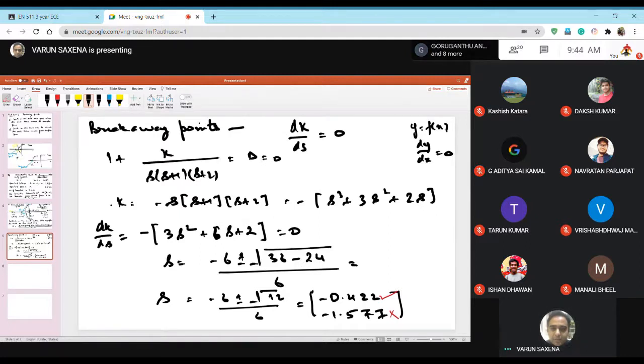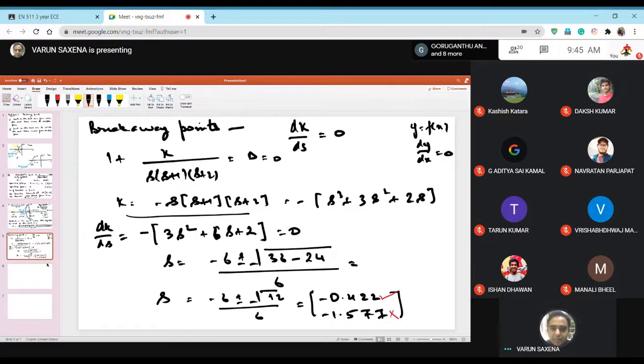So it should be just substituting -0.422 in this equation here, and you can just tell me what will be the value of k. Tell me. One second, sir. Sir, 0.38 minus 0.384. It won't be minus, it will be plus, because if you put s equal to -0.422, this minus, okay, yes sir, then it becomes plus.